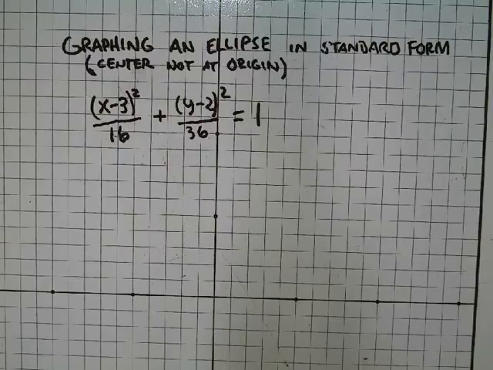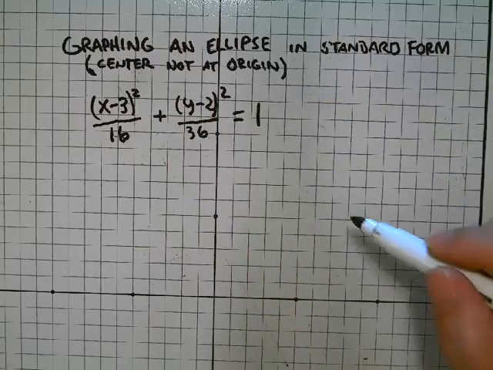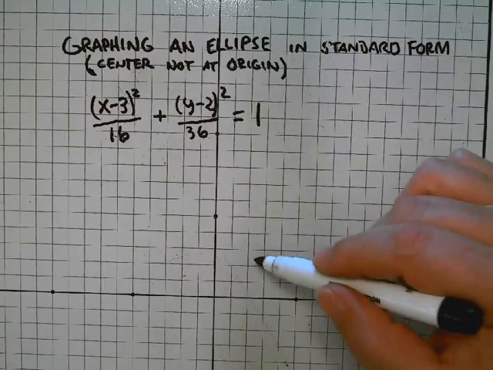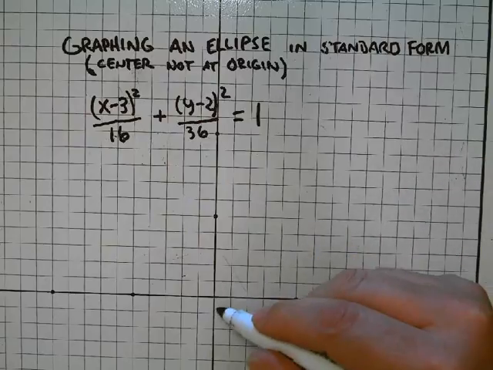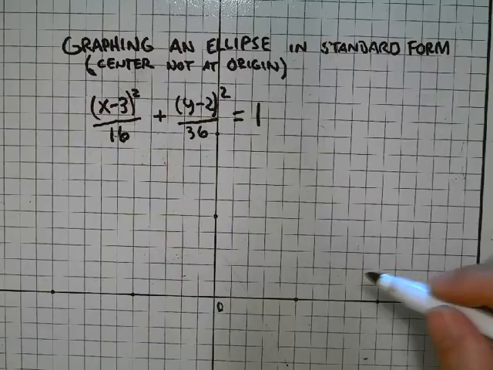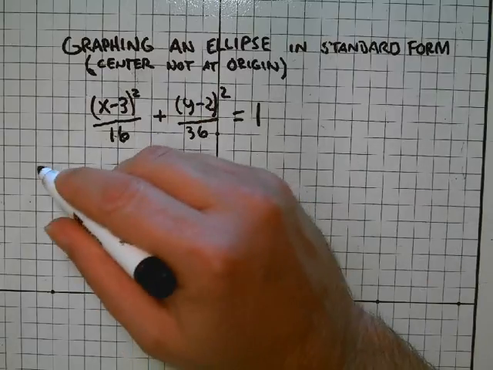So let's look at graphing an ellipse where the center is not at the origin. Okay, this poses a few more problems, and so I highly recommend some type of gridded paper or graph paper. Let's go ahead and make this the origin, and let's go ahead and pull out our center. So our center